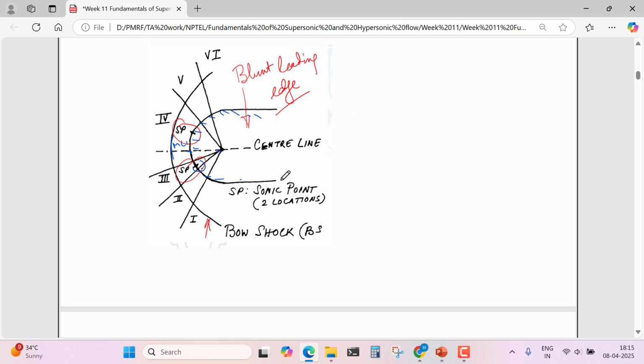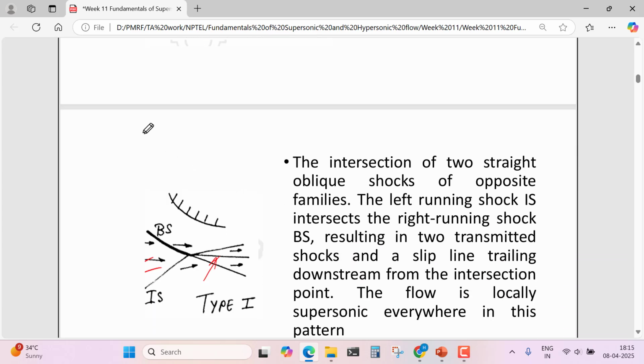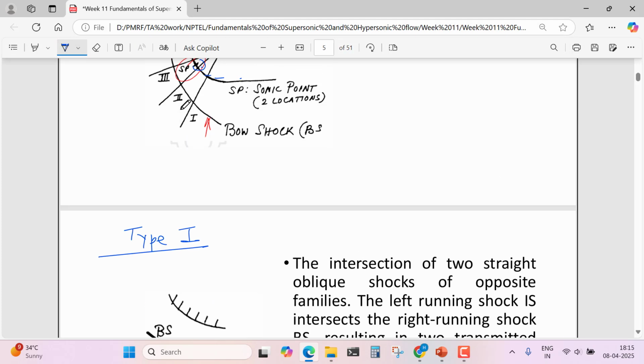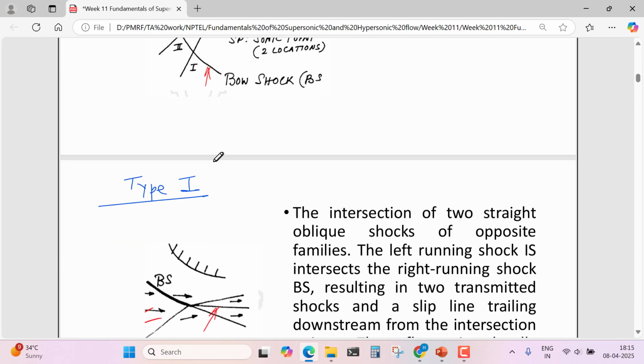Based on the sonic points, we will define 6 different regions, and if a shock impinges on these regions, we will get different types of shock interactions. We will see the type 1 interaction first. So type 1 happens between